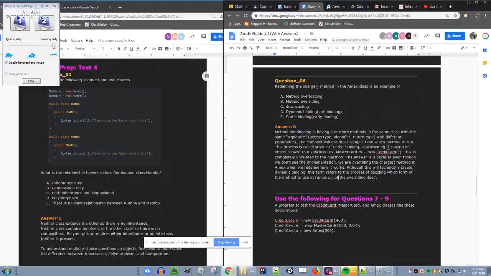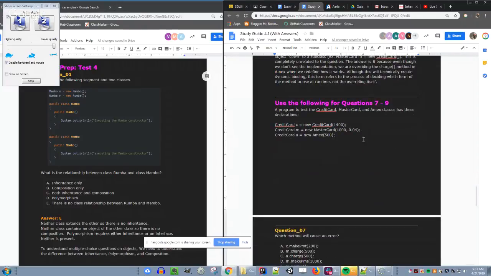Yeah, dynamic binding works, right? So why not? Because doing this, redefining that method is not itself dynamic binding. Definitely dynamic binding will result from that. Yeah, but it's not the thing itself. All right, these ones are